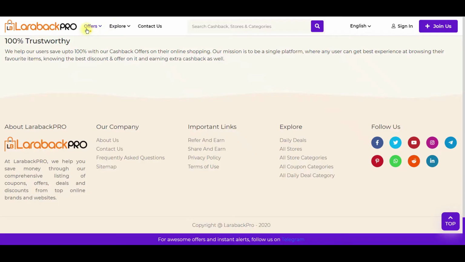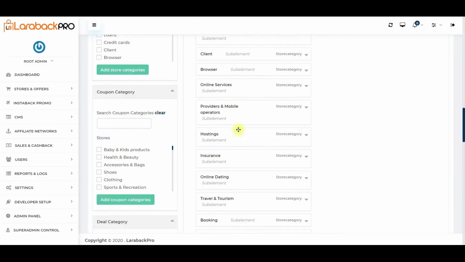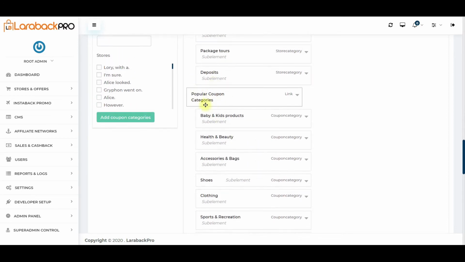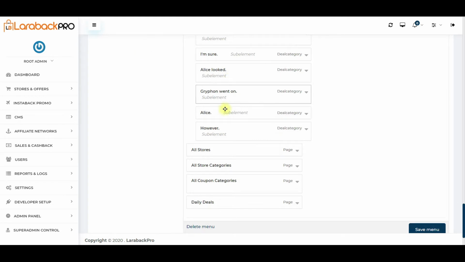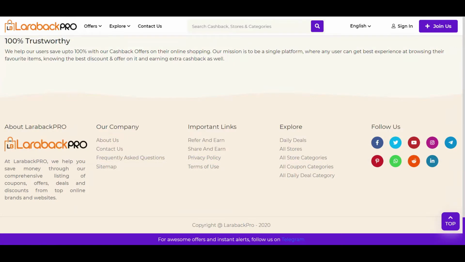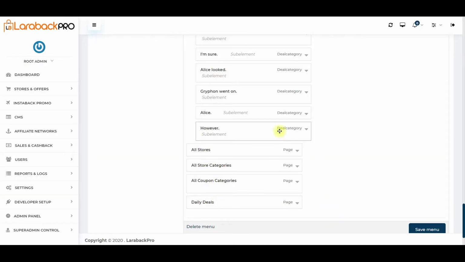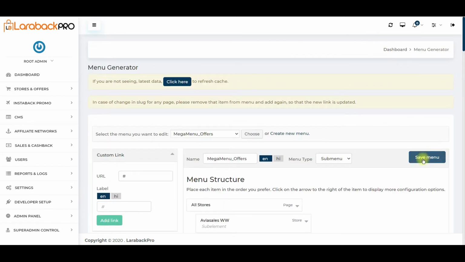So here if you see, there are about 4 different columns for parents, and there are about 8 different columns for the child, so you can define that data here, under parent child. And there are several links that are redirecting to the all store page, all store categories page, coupon categories page, daily news page. Those also can be added without any indexing, and automatically it will show. Whenever you've done any changes, make sure to save the changes here.